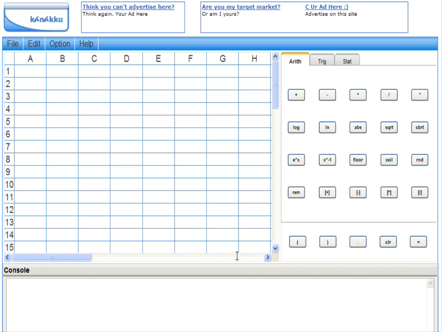Like any spreadsheet application, you can click in any cell and begin typing. If you enter a formula like 4 plus 3 minus negative 7, you can have the application evaluate your formula by hitting the enter key. As you can see, the app evaluates the formula and shows the correct answer. Also, the console will display the calculation you've just made. The console will keep track of all the calculations you've made while you've been using the application.